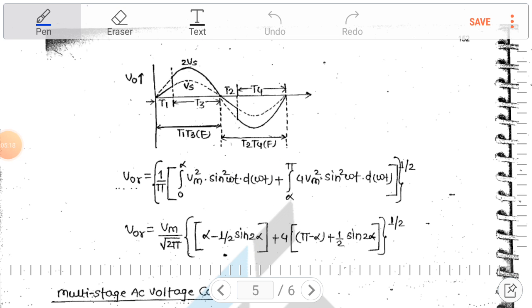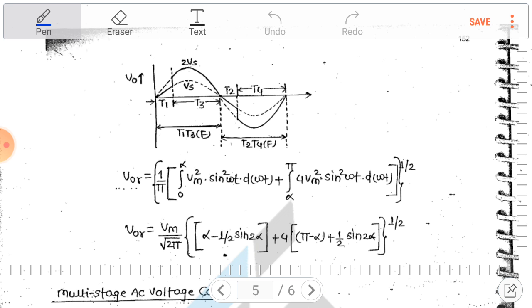By observing the positive half of output voltage, it is very clear that thyristor T1 is switched on at alpha equal to 0 degree, and its conduction time is 180 degree from 0 to pi, and thyristor T3 is switched on later at alpha angle, and it is also switched on from alpha to pi. Similarly, in negative cycle, T2 is switched on at pi and it will conduct up to 2 pi, and T4 switched on at pi plus alpha and it conducts up to 2 pi.